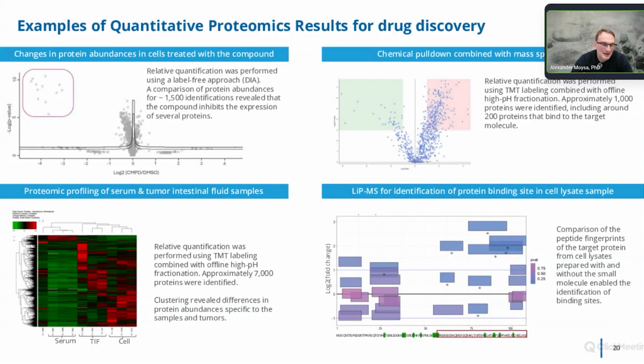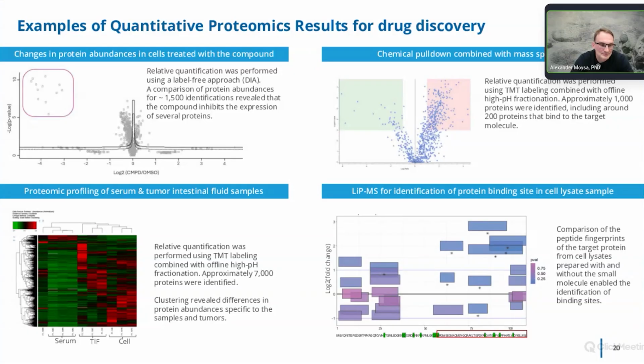Also, TMT labeling can be used to identify and analyze different types of samples. In the next experiment, we used proteomic profiling of serum, cell lysate, and tumor interstitial fluids. We used TMT-based quantification, and we also included high pH fractionation, which allowed us to identify around 7,000 proteins. And you can see the result: hierarchical clusterization of protein abundance reveals sample-specific and tumor-specific